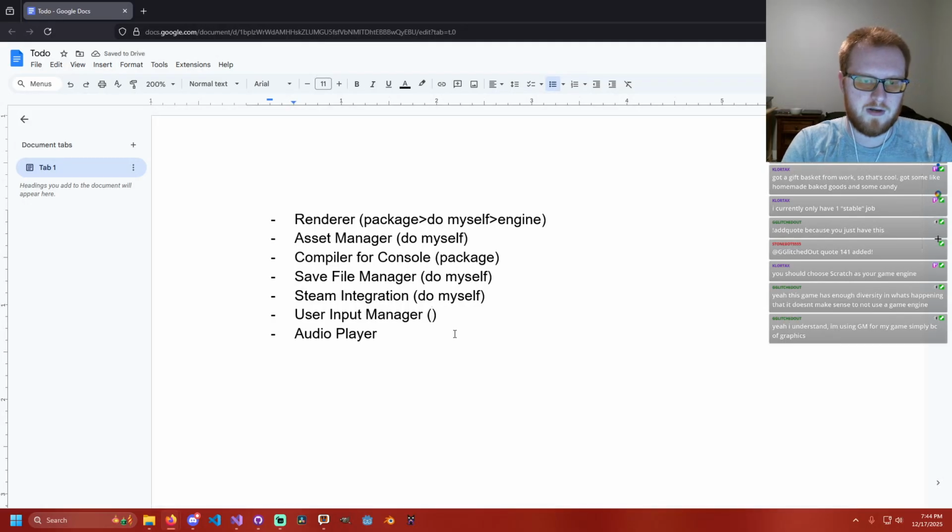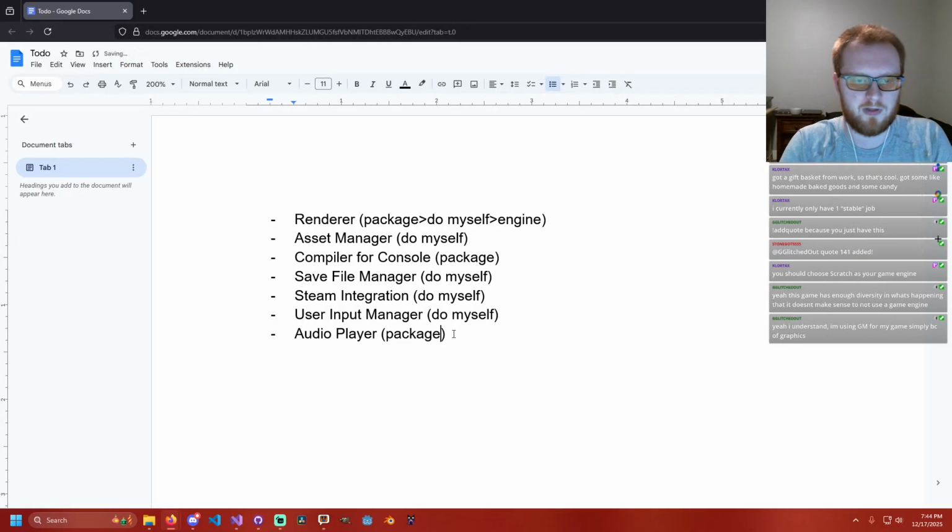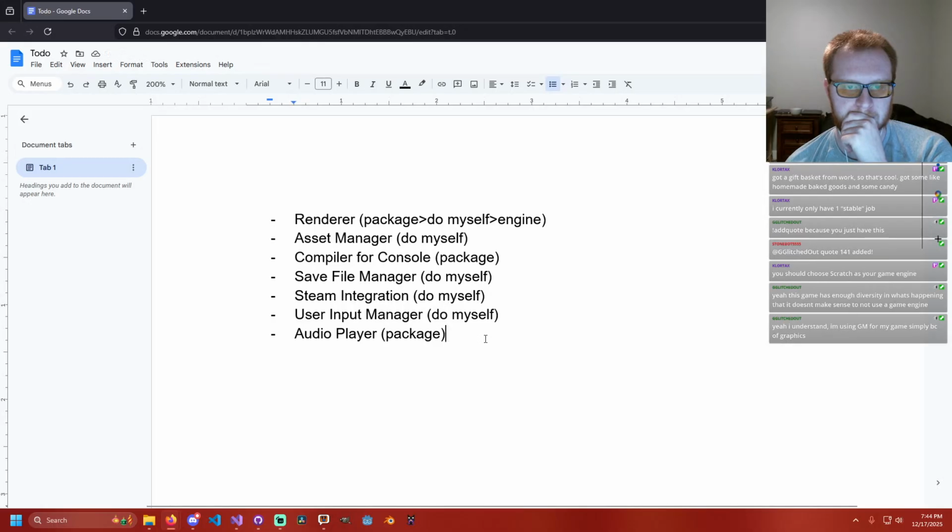User input. Not sure about this one. I'll try doing it myself. And then audio player, I definitely want to find a package for that. Okay, so I've got some research to do. I need to figure out if there's a viable renderer, what it takes to make a console version, and some package to play audio for me. If I can manage to do these three things,